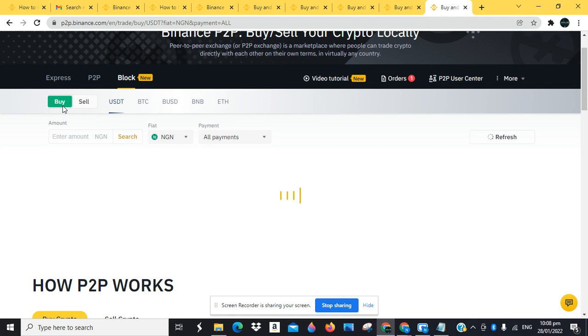I just clicked on the buy option, and I'm also going to click on BTC. So it loads up, and we will be able to see if we have merchants that are available for these trades. So you also want to take note of the requirements being set by these major bulk sellers. You want to take note of the major requirements that they take. So while this is loading up,